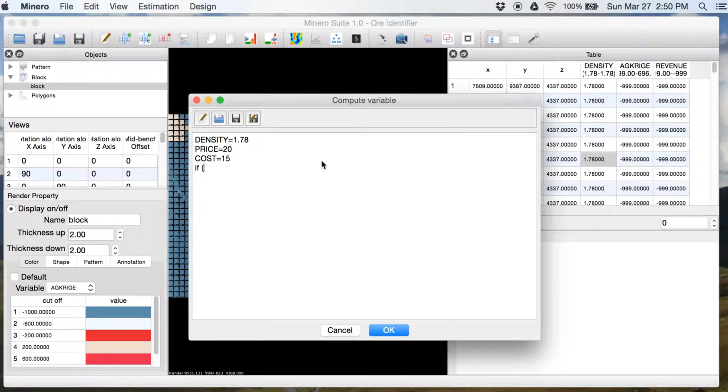If, let's say, the variable AG is greater than minus 999, I'm going to do revenue equal to price minus cost.